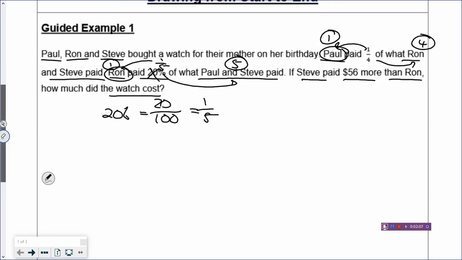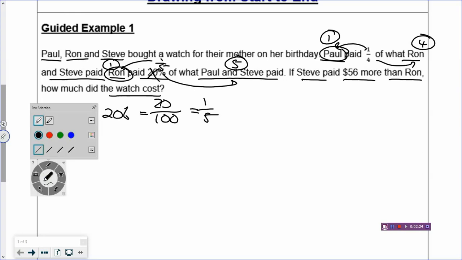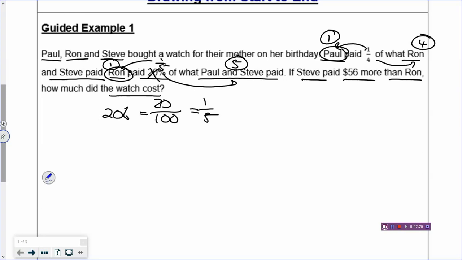You should always read the problem first to understand what it is talking about, and at the same time think about what method to use. In this problem, we can use a model because there are fractions given. So how do we exactly draw out the model? You always look sentence by sentence, which means you draw out systematically. So you draw the first sentence: Paul, Ron, and Steve bought a watch for their mother on her birthday. So you can draw a parts whole model. Why a parts whole model? Because